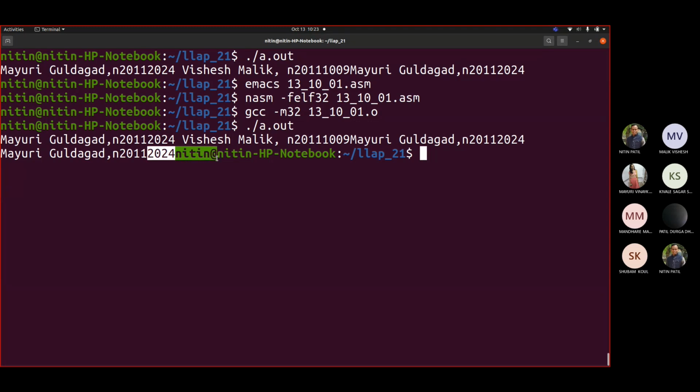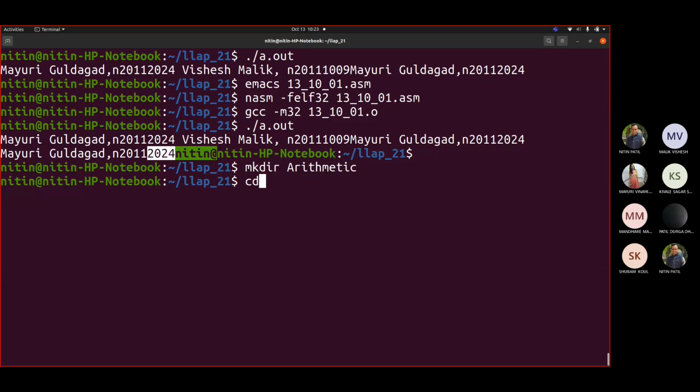Fine. Okay, so now let us start writing our first program, which is related to system calls. We would be using different system calls in this whole semester. So let us now target something related to arithmetic. Suppose I want to add n numbers.